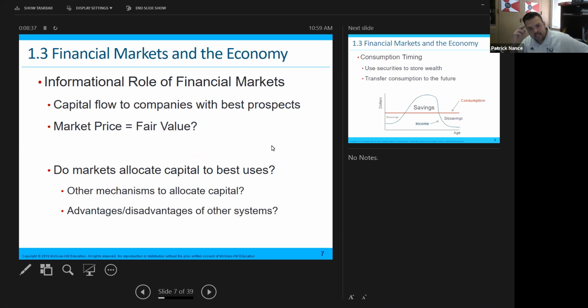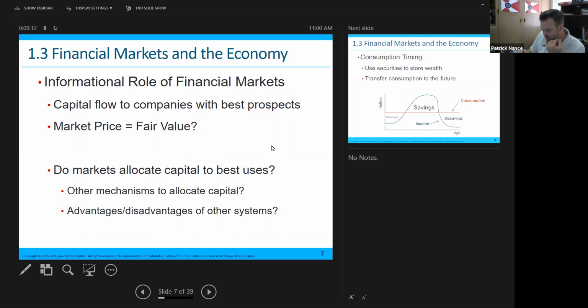Do markets allocate capital to its best use? It is supposed to. If it's a perfect market, we a lot of times assume an efficient market hypothesis, or that the market is acting efficiently. If it is acting efficiently, it should allocate capital to the right place. And stock prices play a major role in that, because stock prices going up or down shows prospective earnings and values. And if they're correct about the prospects, then that would allocate capital correctly.